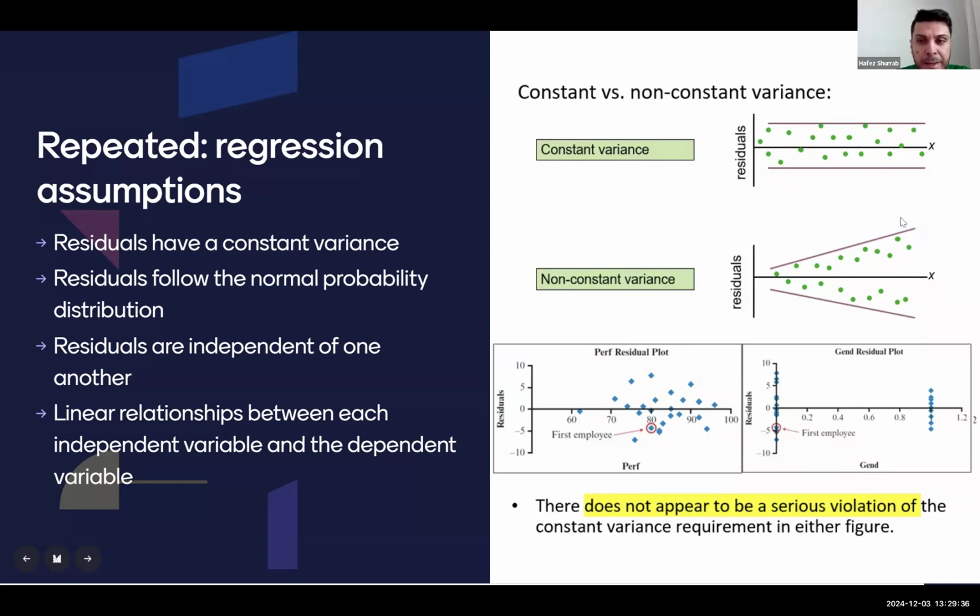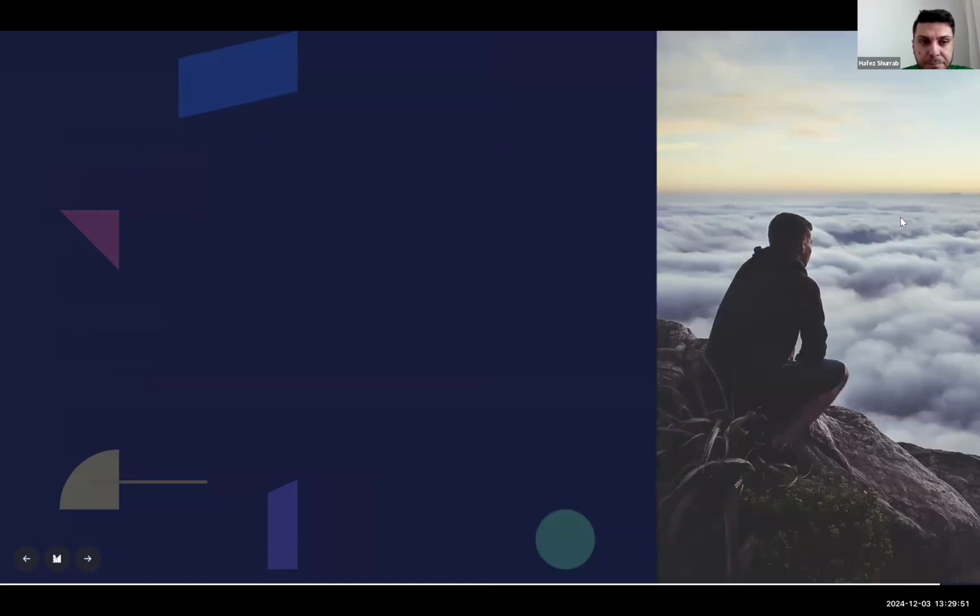But for regression analysis, I would say that linearity should be assumed, and the data should show some sort of linearity at least. And with that,